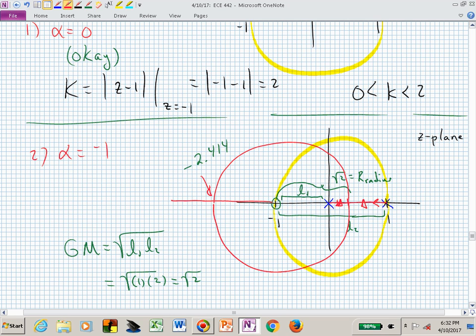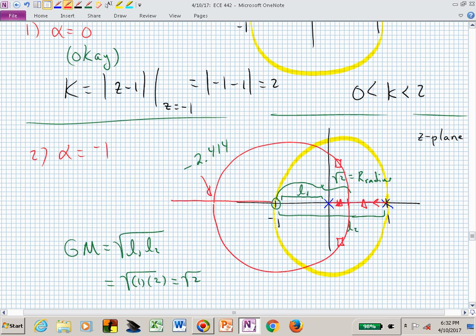But then they will meet and separate, and then they will become complex conjugate pole pairs. So I can keep cranking k up, and this complex pole pair will continue to move inside the unit circle